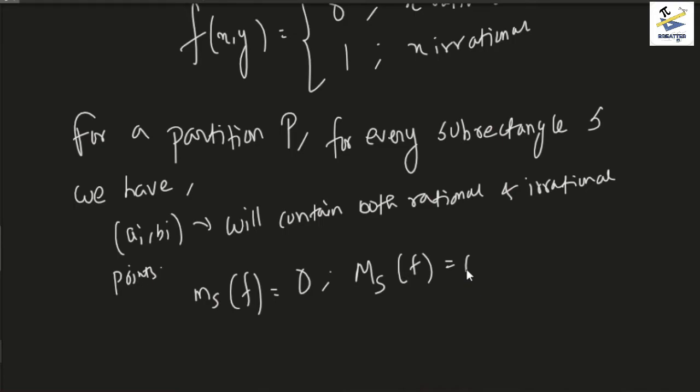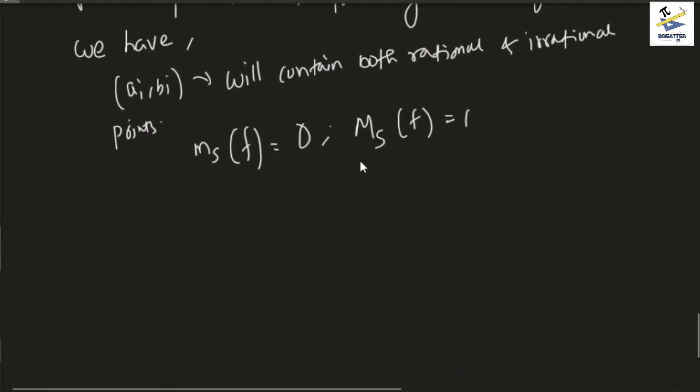So it doesn't matter what the other values are, because the infimum is basically the lowest you can reach, so it's always 0, right? So therefore